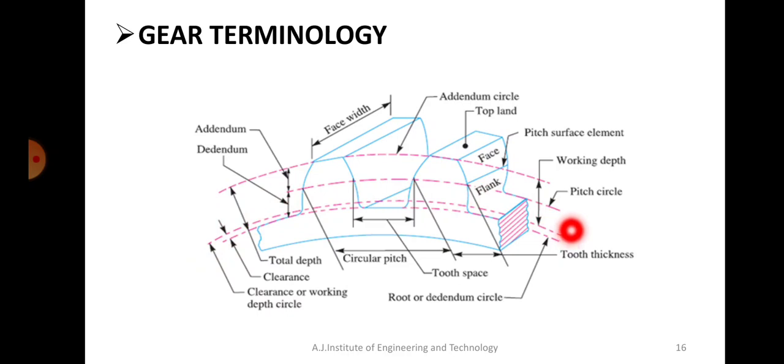The circle which is on the top of the teeth, that means passing through the tip of the teeth. And remember one thing, all these circles have the same center. So these are all concentric circles. We are taking them from the center of the gear. They are not taken with different centers. All these are measured with respect to the single center.